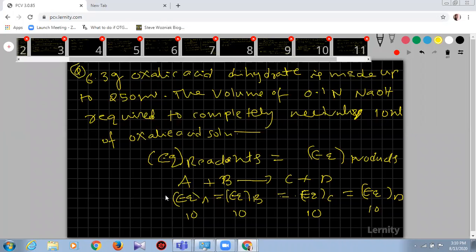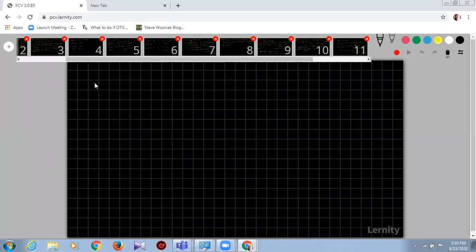So how can you calculate the equivalence? That I will explain to you. I'm giving the formula here. What is normality? Normality is the number of equivalents present per 1 liter of solution. And what is molarity? The number of moles of solute per 1 liter.